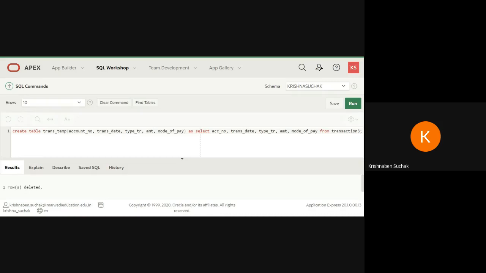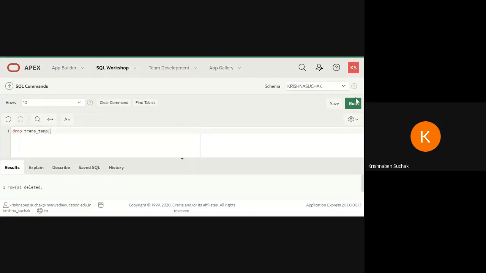Okay. So now let us move to our 7th query. What is my 7th query? Delete a table transaction temp. The table which we have created named transaction temp, we need to delete that table. But as of now the transaction temp table you have not created, you have created the duplicate table transaction 3. So now what we'll do, the new table we created here, trans temp, we will delete that table. Command is drop and your table name.